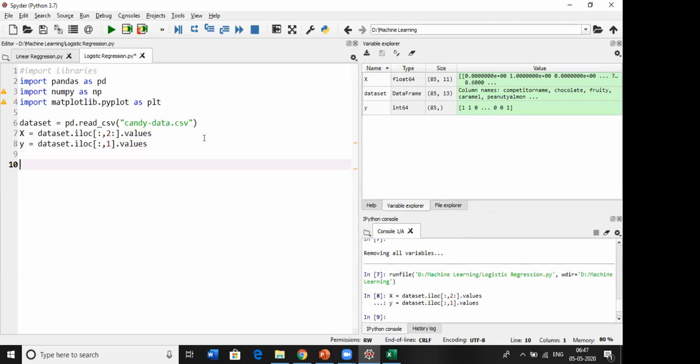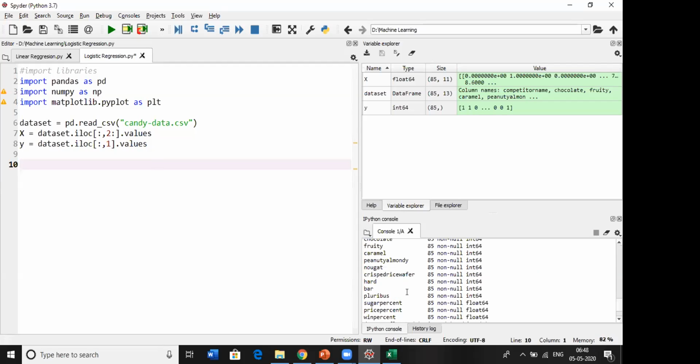One more thing I want to tell you: if you have non-cleaned data, you want to find the null values. If you have 10,000 rows, how will you find them? You can use the data set here. Using this data set, you can find all the details about it. Just use dot info, and it will give you all the information needed for this data set.